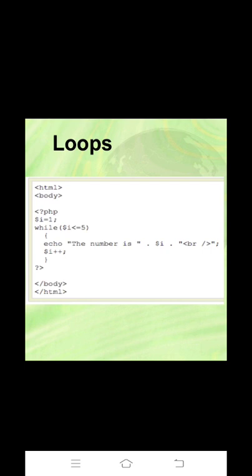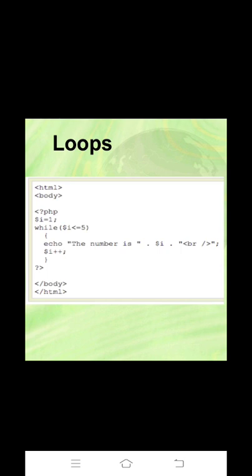It's very simple: we have included PHP in HTML. First is the common HTML, next the body. In that body we have included PHP by using the PHP tag. So here is the program to print the first 1 to 5 numbers by using a while loop.